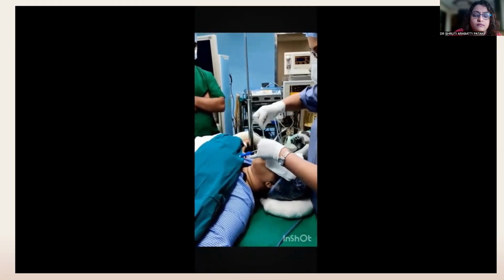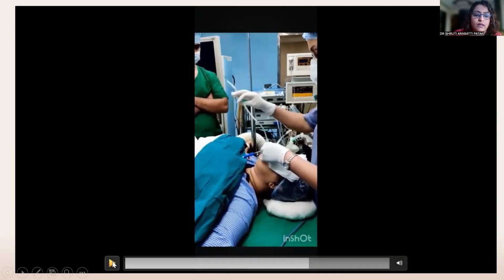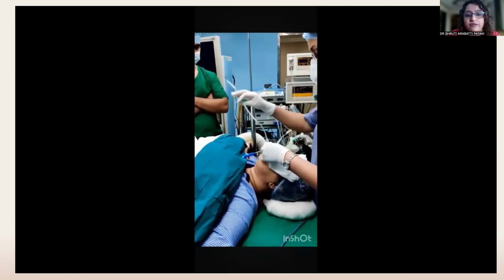Smooth forward movement of the Ryle's tube into the esophagus confirms the proper placement of LMA. So these are two important confirmatory signs. The integral bite block with the black marking on most of the LMAs will tell you that if that comes between the incisors of the patient, your LMA is in place.